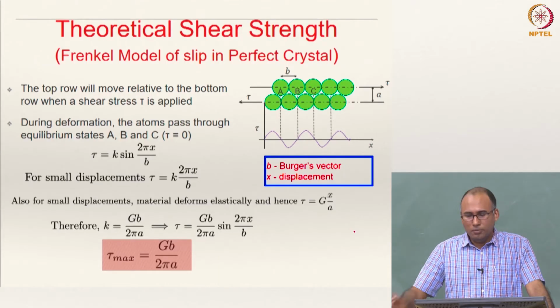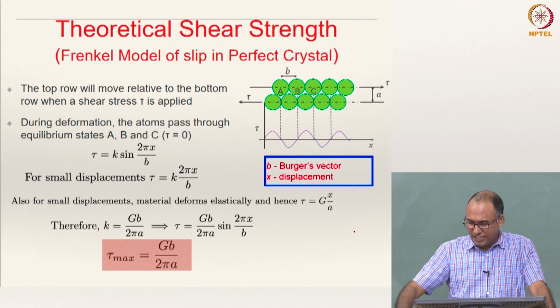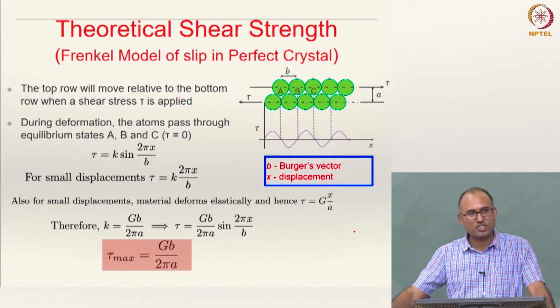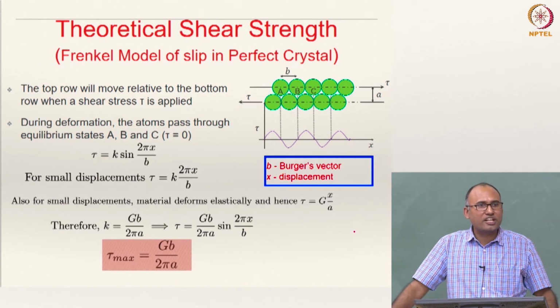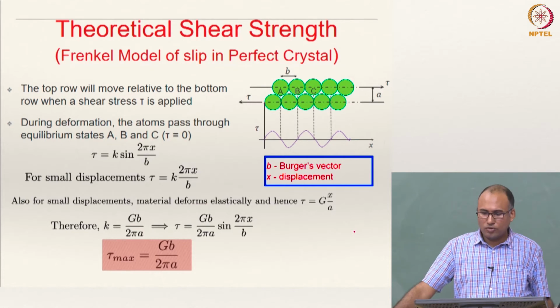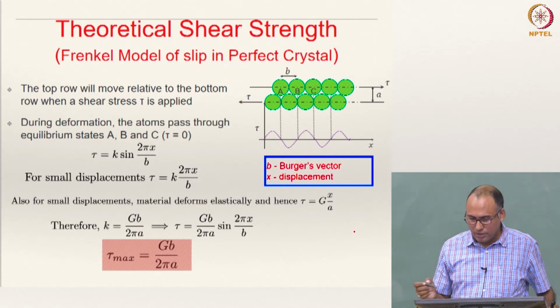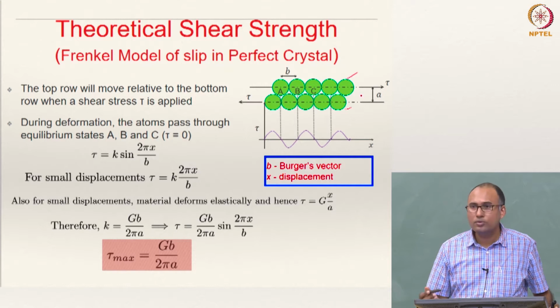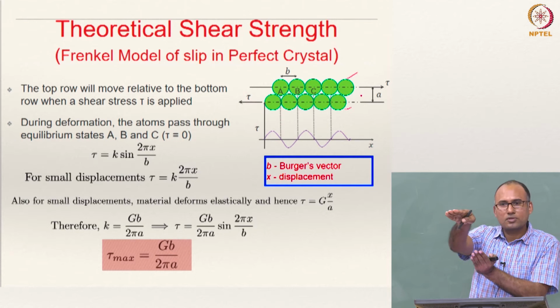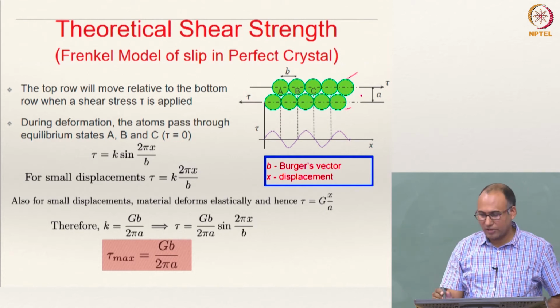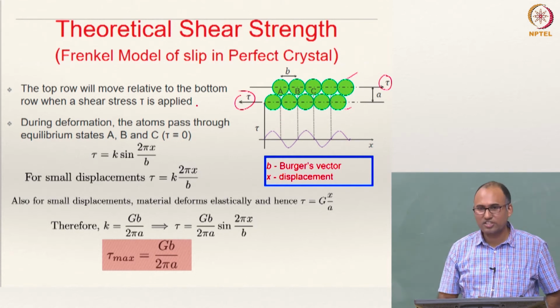Okay, now let us look at, for instance, if you have a perfect crystal, what will be the theoretical shear strength of this material? So if you have two layers of atoms, this is layer 1 and layer 2, two atom planes, and if you are applying a shear stress on the material, tau is the shear stress that is applied, and